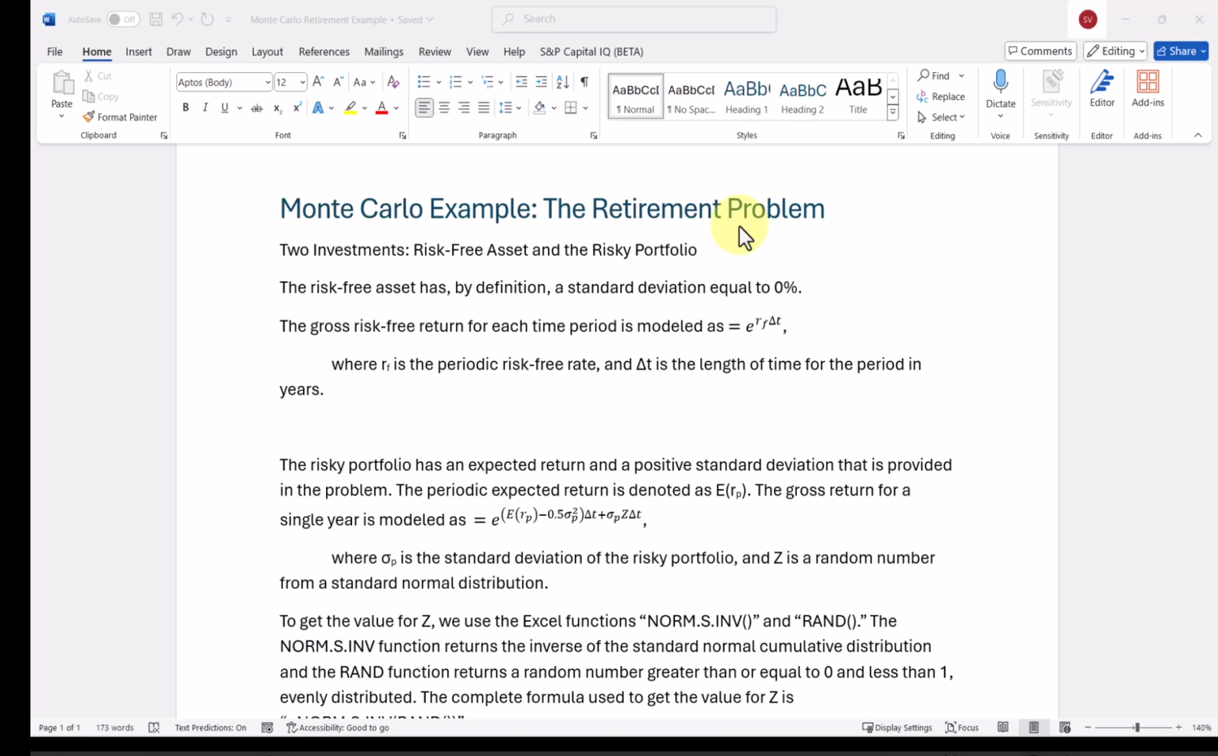Hello everyone. In this video I'm going to be walking through an example of a Monte Carlo analysis problem where we're going to look at a retirement problem and determine the likelihood of achieving the desired outcome for someone who is retiring, based on their investments, their expected drawdown every year, the current value of their portfolio, and their goal, which is to not leave debt